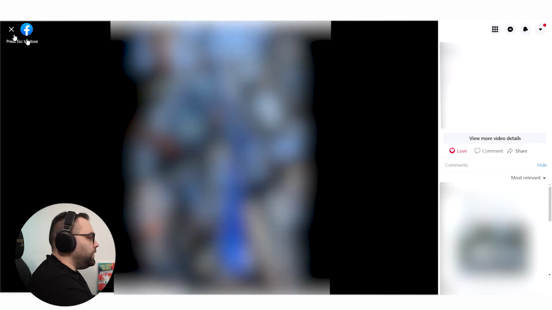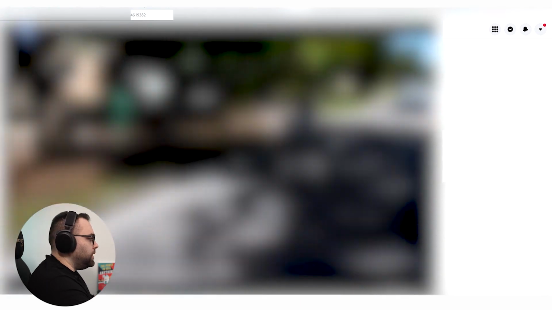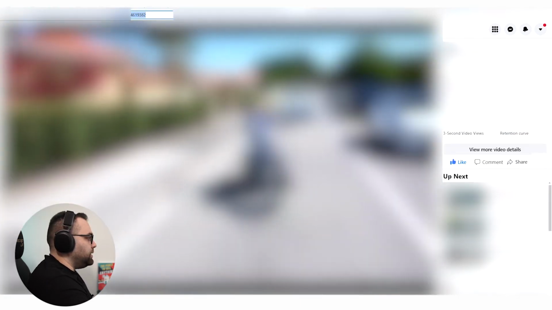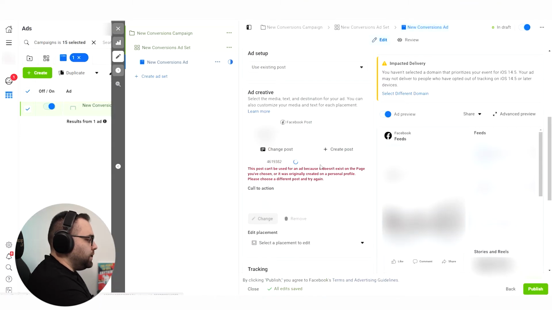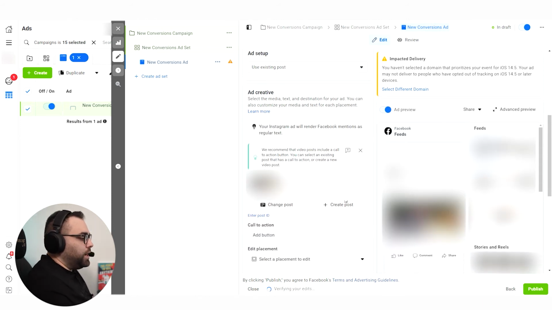But if you go into your Facebook page and you scroll down to your ads and whatever, let's click on this one, for example, and we can see here that we have this code over here. So if we copy this one and we put it here, and then we press submit, it's going to give us another number, okay? So we're clicking this one now, and you will see that it's going to solve the problem, and we are able now to use the post that we actually want. So don't try to take the post by just sharing view post with comments. You don't want to do that. Sometimes it's working also like this, but don't do it like this.